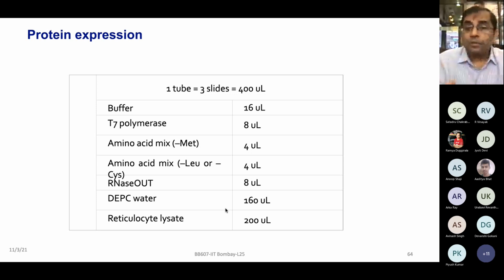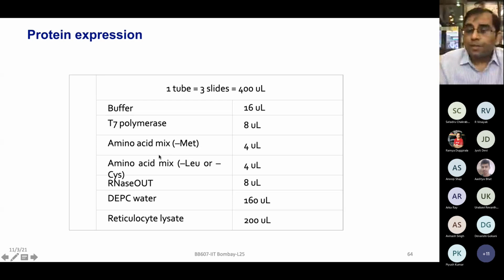After that, you want to express the proteins of interest, and that's where I think you need a little more detail. For example, on top of the cDNA, which is already printed on the arrays, you are adding this reaction mix. This contains reticulocyte lysate obtained from rabbit, which provides the ribosome machinery. On top of that, you are adding T7 polymerase and amino acid mixtures, and the amino acids which come commercially do not come with everything together. Usually they come with at least one missing, so that one could add it exogenously with some label.